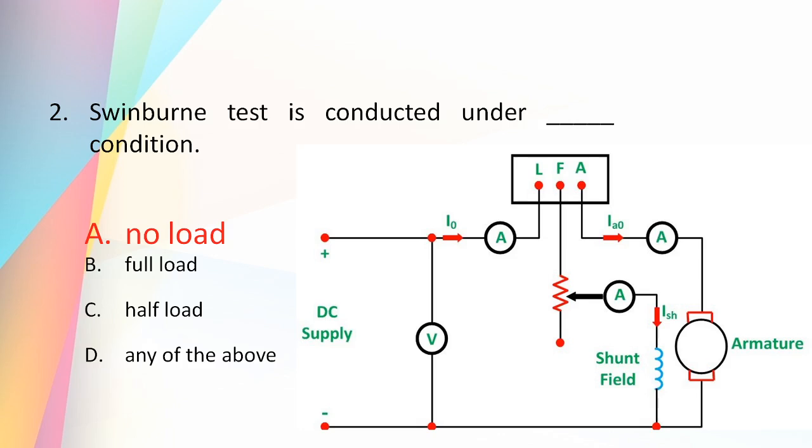But there are some disadvantages also. Change in iron loss is not considered at the full load from no load. Due to armature reaction, flux is distorted at full load and as a result iron loss is increased. So this is not taken into account. Again, Swinburne's test is performed at no load, so commutation at full load cannot be determined, whether it is satisfactory or not.